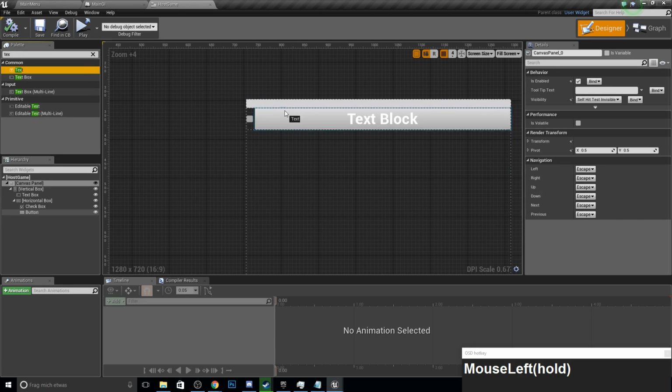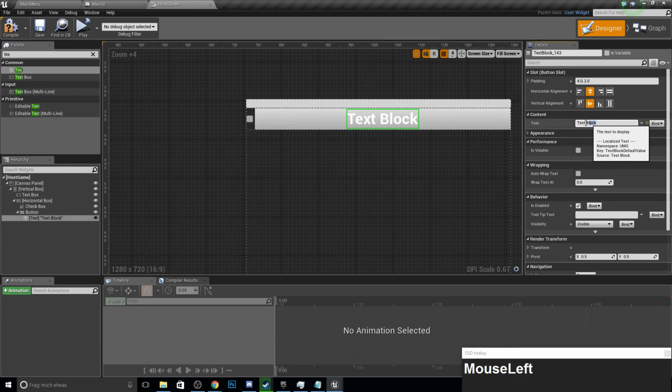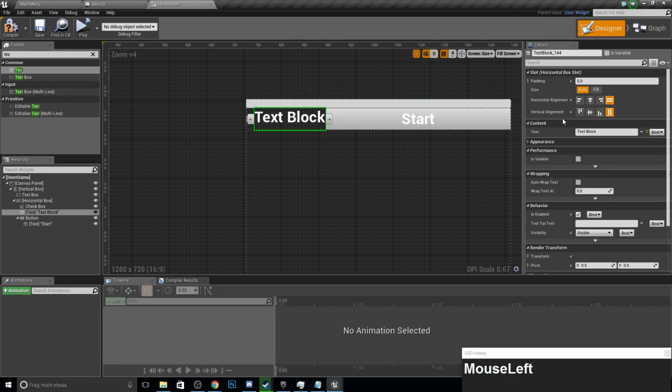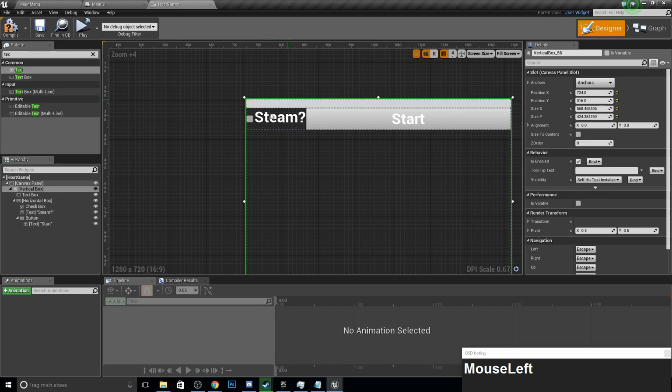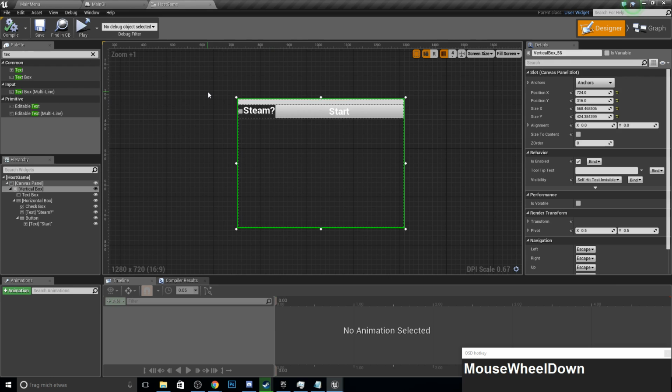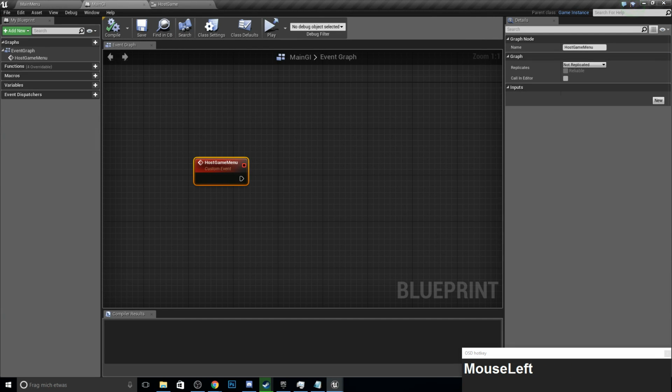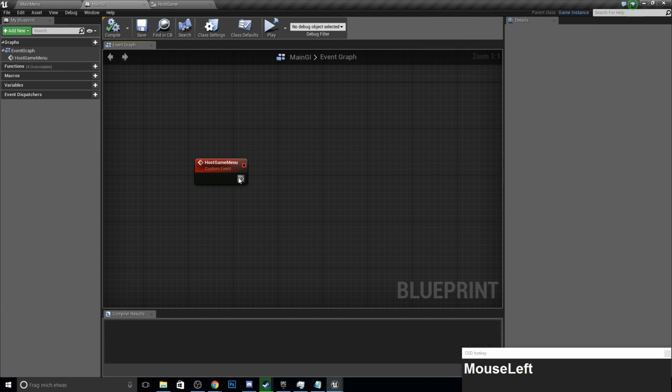Get the text, which will be start. And let's make here text Steam. So if we check, we enable Steam. If we don't check, we have LAN. Like this. So let's get back to our main game instance,